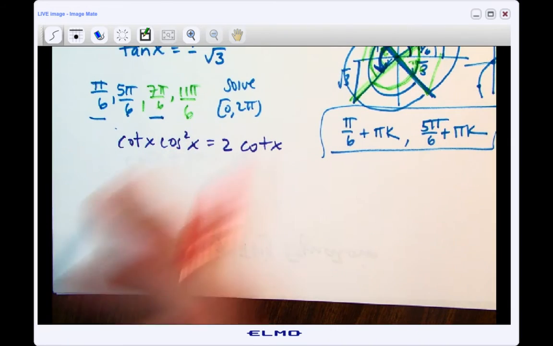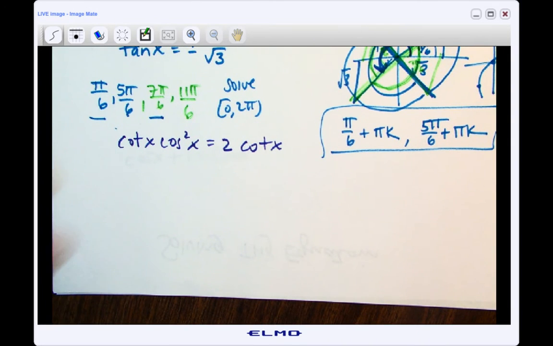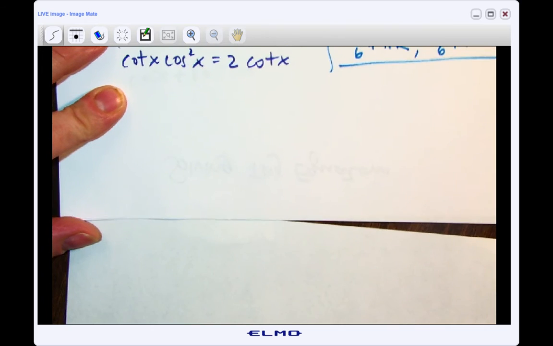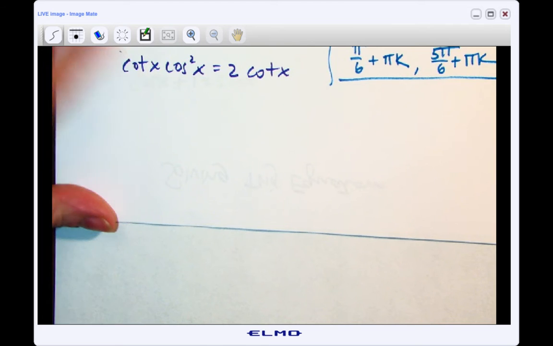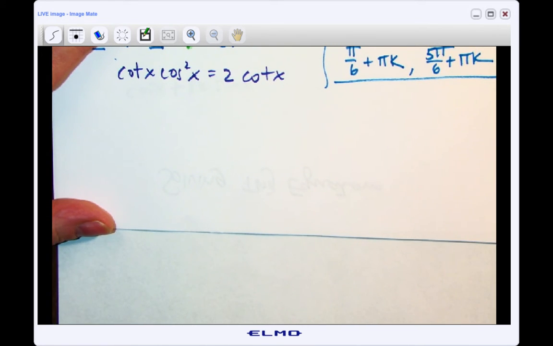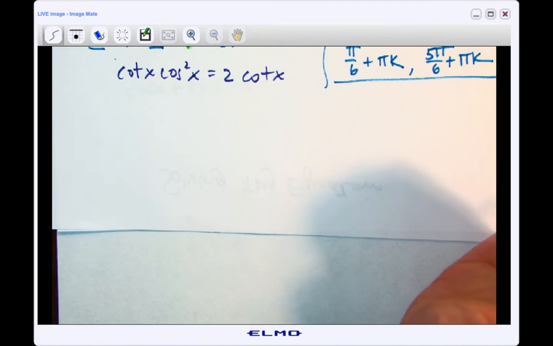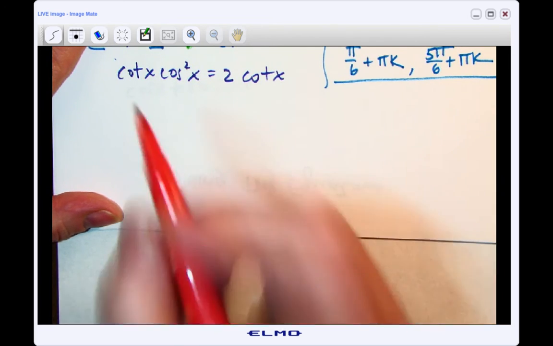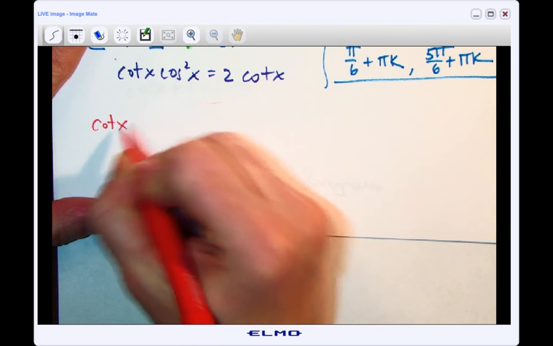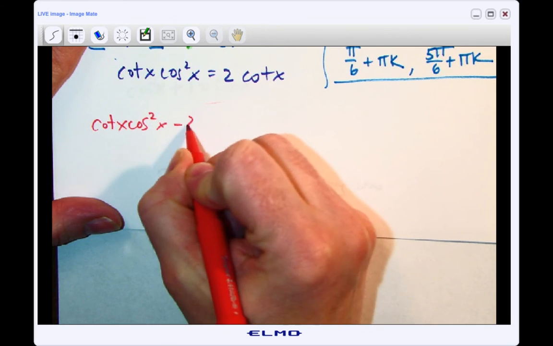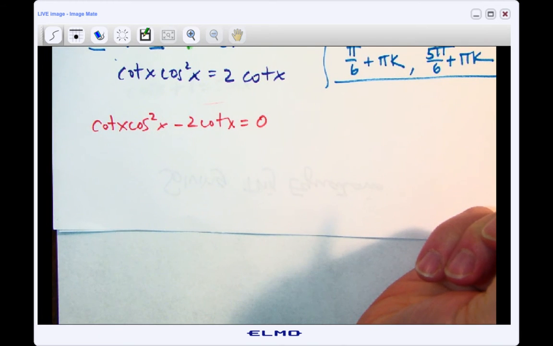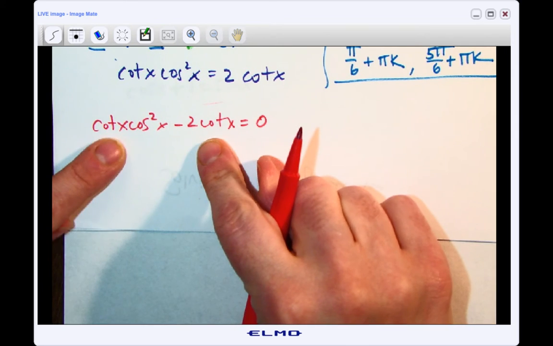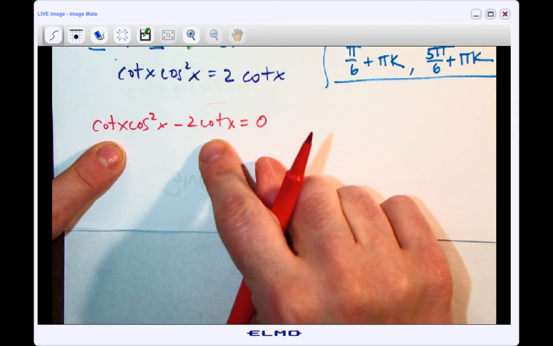Okay, so hopefully everybody remembers that the zero product property is this idea that if you have 2 things being multiplied that are set equal to 0, then one of them has to be 0, and either one of them being 0 would make the statement true. All right, so what I'm going to do first is see if I can factor this. And if I'm going to solve an equation by factoring, generally I want it set equal to 0, right? That would be the first thing that we would do. And then hopefully from here you can see that I have a cotangent in each of these